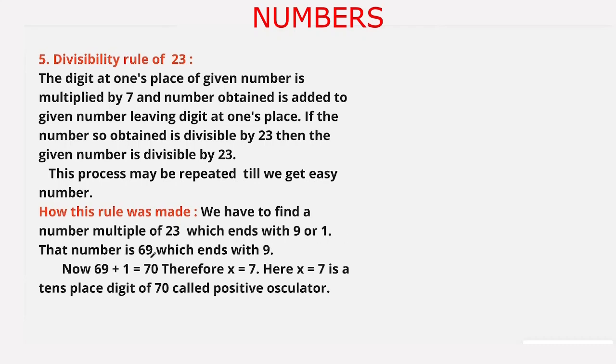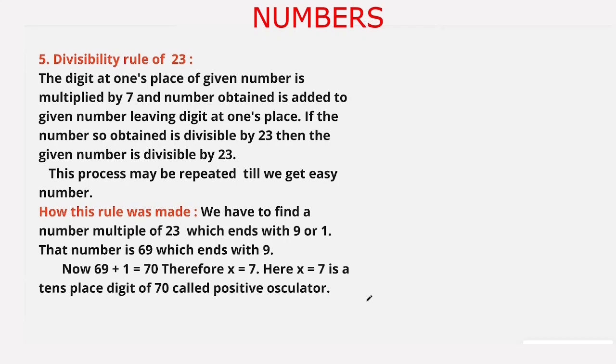That number is 69, which ends with 9, as 23 times 3 is 69. So 69 is that number which ends with 9. Now 69 plus 1 is 70. Therefore x equal to 7. Here x equal to 7 is a tens place digit of 70, called positive oscillator, and that's why we are